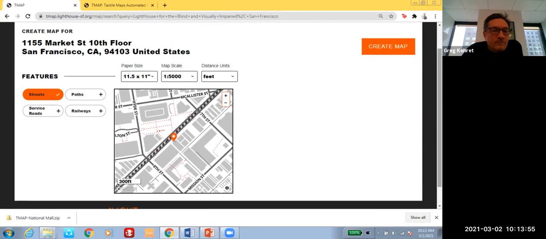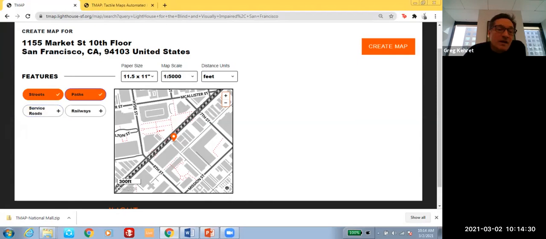The features I mentioned, there's a series of buttons. Streets is checked by default. You can also click on service roads, which would include things like alleyways. Very useful for campuses, for schools and the like, places where primarily it's pedestrian use, but service vehicles and the like might be allowed, but not main roads. You'll also find them in, let's say, housing developments, apartment complexes,